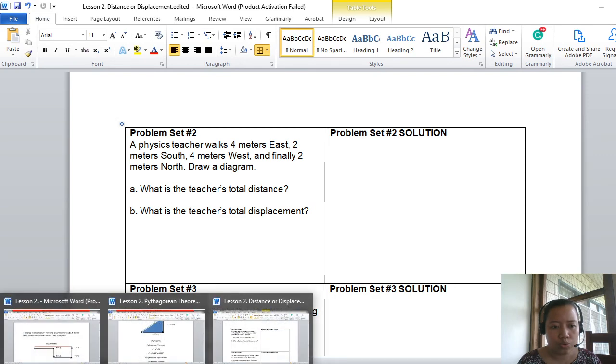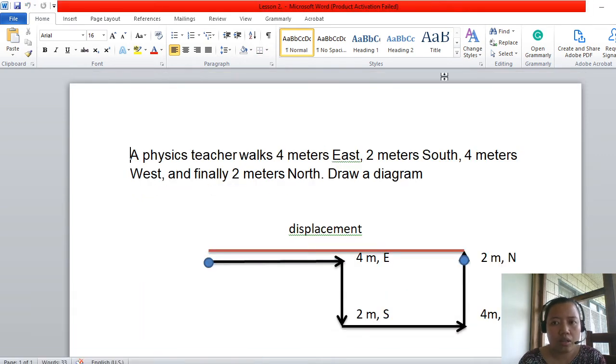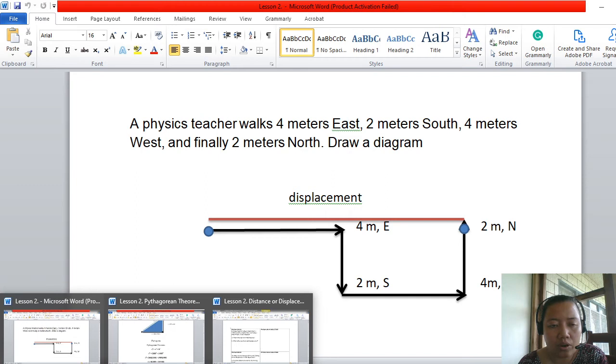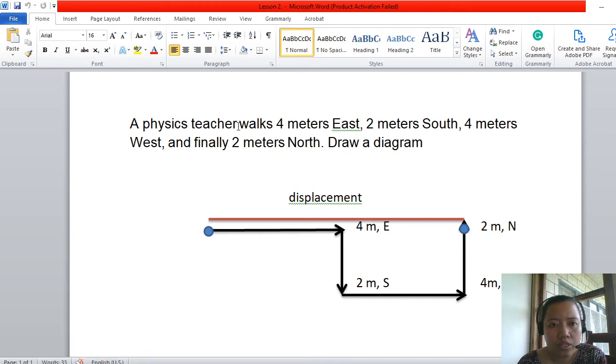Okay, let's have problem set number 2. So here, I'll illustrate to you the problem set in the application in apply the concepts. So as you can see, a physics teacher walks 4 meters east, this one, and then 2 meters south, and then 4 meters